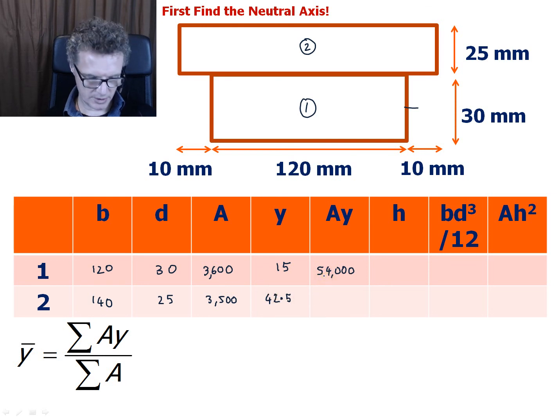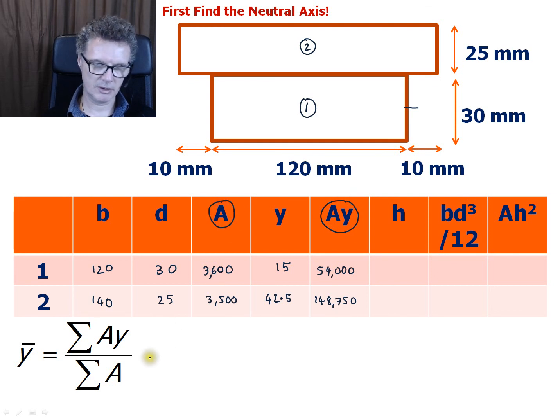And now let's find the AY. So 42.5 times 3,500 gives me 148,750. So we've now got the AY column done and the A column done. So we can fill in these numbers. For the AY we're going to have 54,000 plus 148,750, all divided by